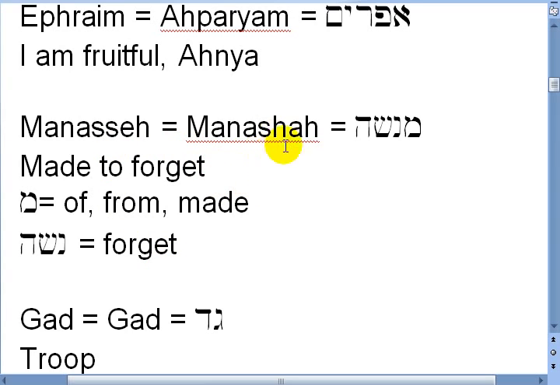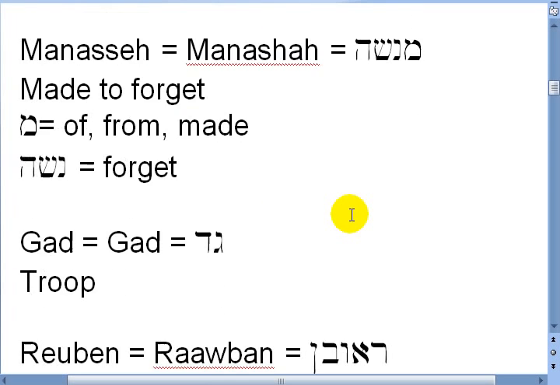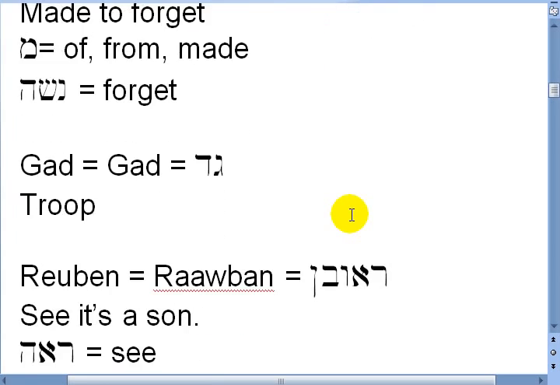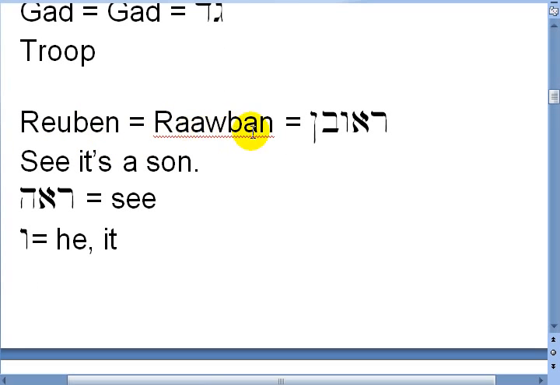Because when Manasseh was born to Joseph, the Lord made Joseph basically forget about all the turmoil he was going through by giving him children in this land, mainly Manasseh. Beginning with Manasseh, should I say. Gad, God, troop. Reuben, Ra'aban,